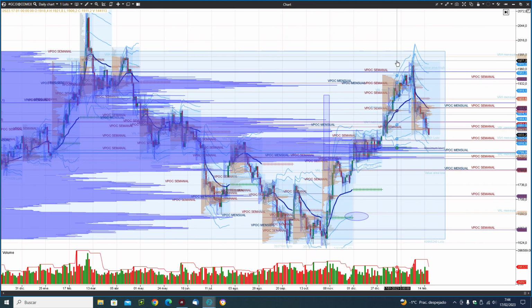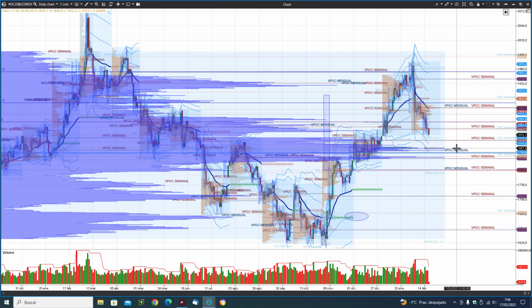As some days ago we were talking about, here is a very high node of high volume that begins at this zone. We have trespassed this zone at 1,841, and perhaps the target could be about